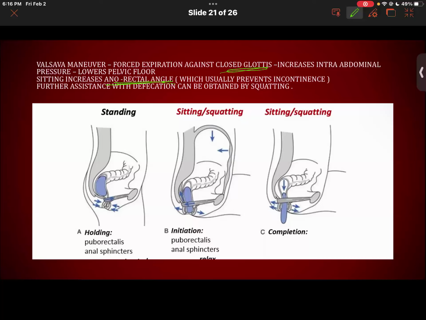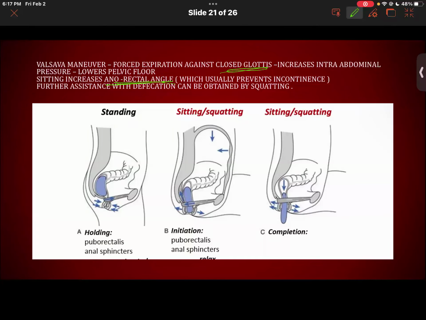It's present anatomically, so it's present there, and it prevents incontinence because of the angle, it prevents incontinence. And when we sit or squat, it decreases the anorectal angle, which makes it easier to defecate. And this is why if you have the urge to defecate and you sit down, it furthers the urge